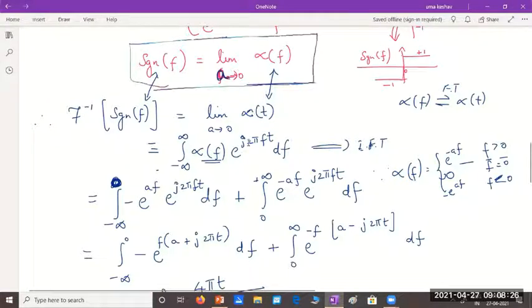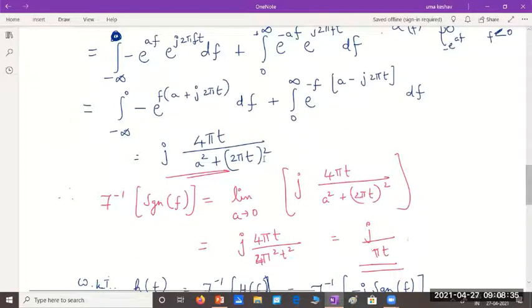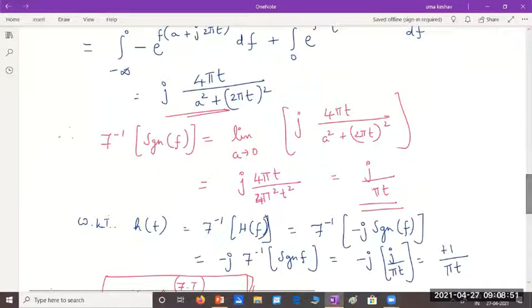Multiply the given signal with e power j 2 pi ft and integrate between minus infinity to plus infinity. And when we solved for this, we got this expression. Now I'm applying the limits. Remember, the signum function is the limit of alpha of f as the scaling value a tends to 0. So we are applying the limits as a tends to 0, and this is the value you're going to get,